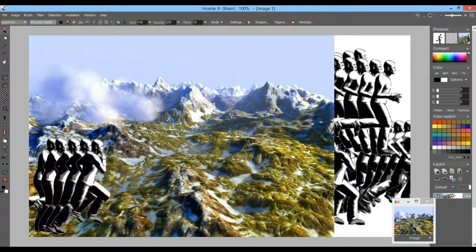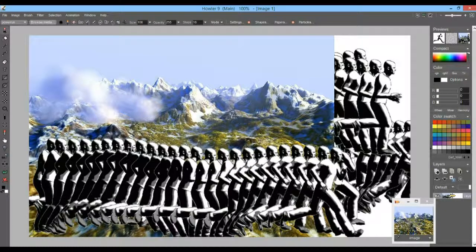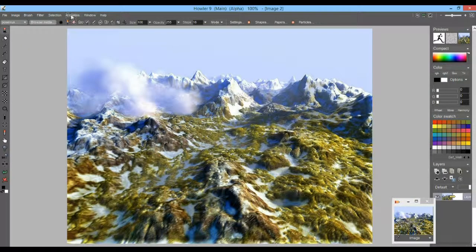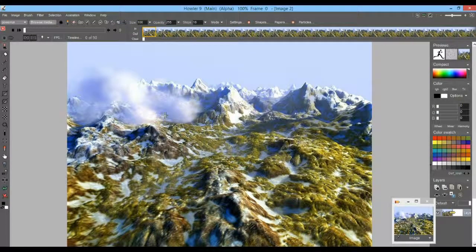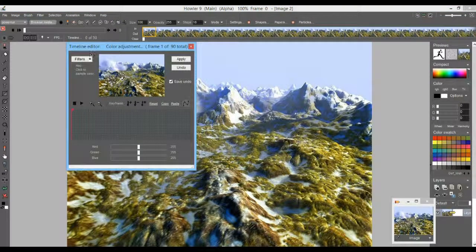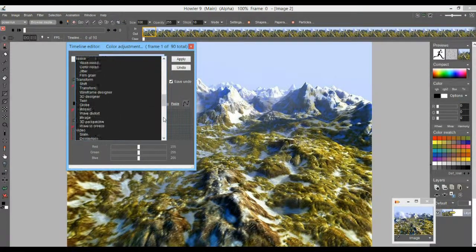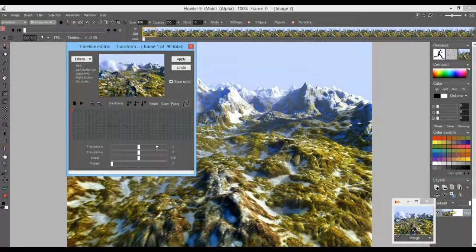And now you want to draw that against a background that's going to be animated. And sure enough, we could create an animation out of this background. And it's a static image, but we could certainly do something like create an animation of, let's say, 90 frames. So we have a 3-second long animation if it's at 30 frames per second. And we could apply a little bit of a transform to that. Let's see, go to the transform, zoom in, scale it in a little bit, so that you then have the